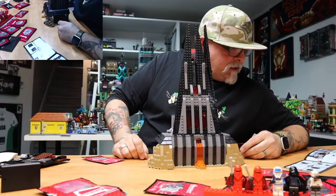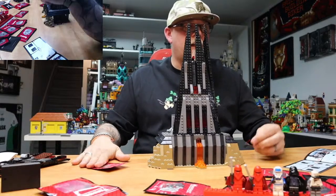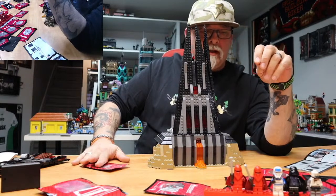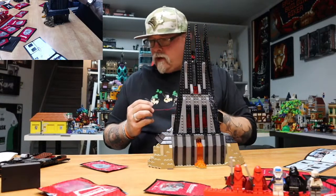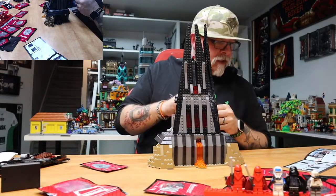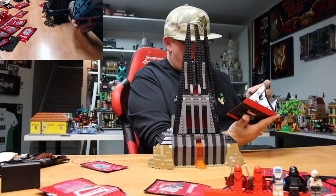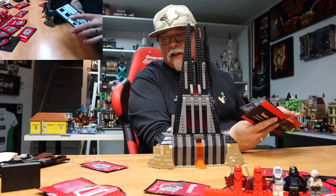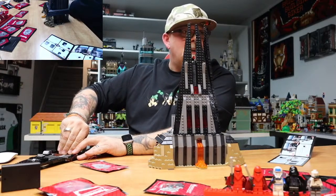So yeah, this set is interesting because, like I said, a lot of the parts and pieces came in the bags with the parts and pieces that we need for putting these lights in. This one doesn't have all the parts and pieces, so I wonder if they even have, you know what I should look at? See if they have it in this book. And they don't. There should be something that says, hey, you need this piece and this piece to finish the set. But